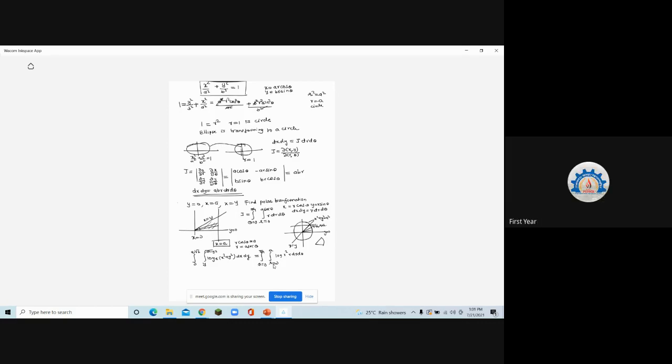So then what will be your final answer? What is log of r square? Therefore, this integration will now become theta is equal to 0 to pi by 4 and integration from 0 to a, 2 log r, because log r square will become 2 log r, into r dr d theta. 2 will come out. Use by parts formula. Log r will be u, r will be v, and you'll get the answer. So try to solve that and tell me the answer. Then we'll take a break of 5 minutes and we'll continue with the next lecture. Please try doing it and tell me the final answer.